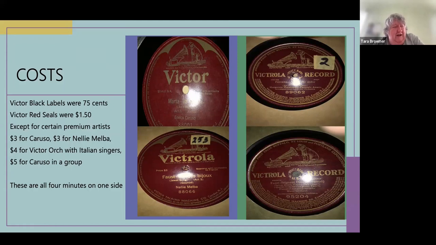Now, I looked up $5 from that period of time in today's American dollar money, and it's $150. That is hard for me to believe, but the idea that somebody is paying that kind of money for opera is just so surprising to me. Nevertheless, what Johnson was doing is making this a premium genre.